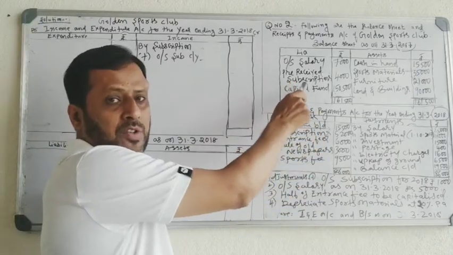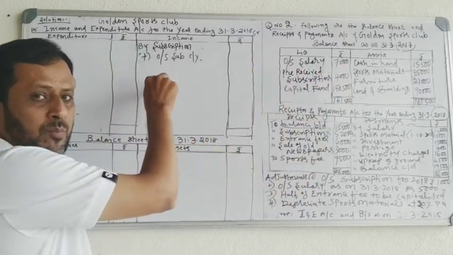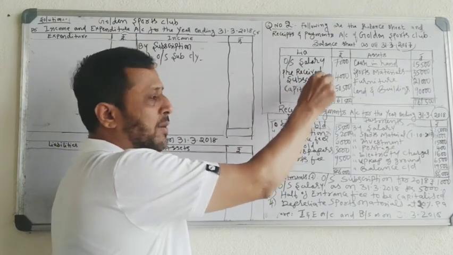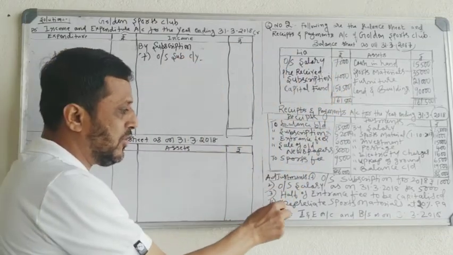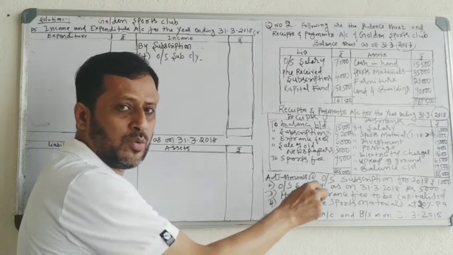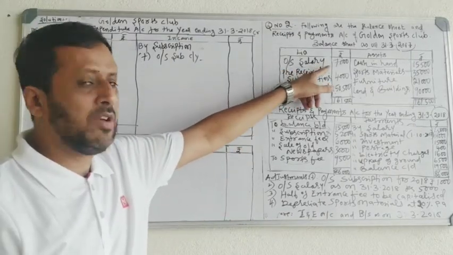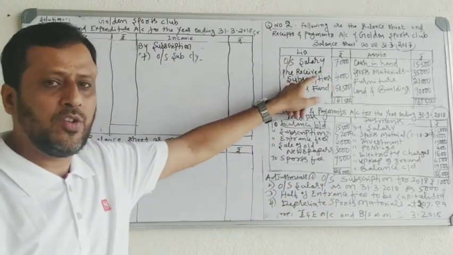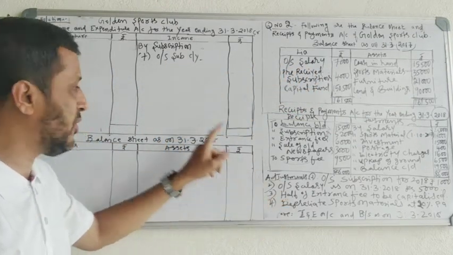Now received in advance, pre-received or prepaid items given in balance sheet you have to add. Pre-received, received in advance, prepaid items given in balance sheet belongs to last year, you have to add. Pre-received, received in advance, prepaid items given in the adjustment belongs to current year, you have to minus. Okay, this much you have to keep in mind. Outstanding items given in balance sheet minus. Outstanding items given in adjustment add. Received in advance, pre-received items given in balance sheet add. Received in advance, pre-received items given in adjustment minus.